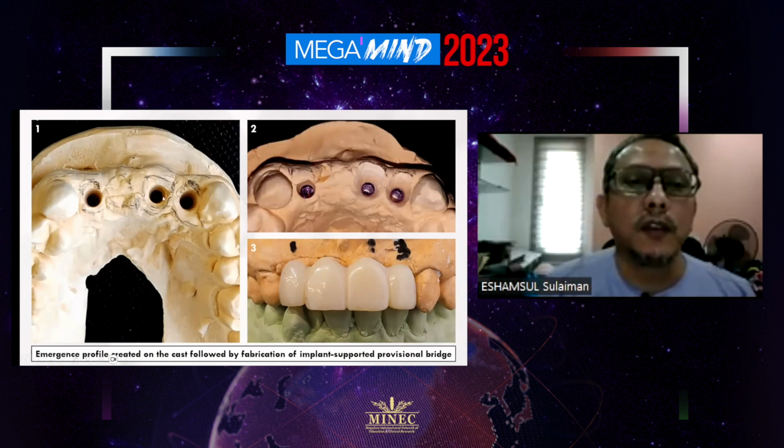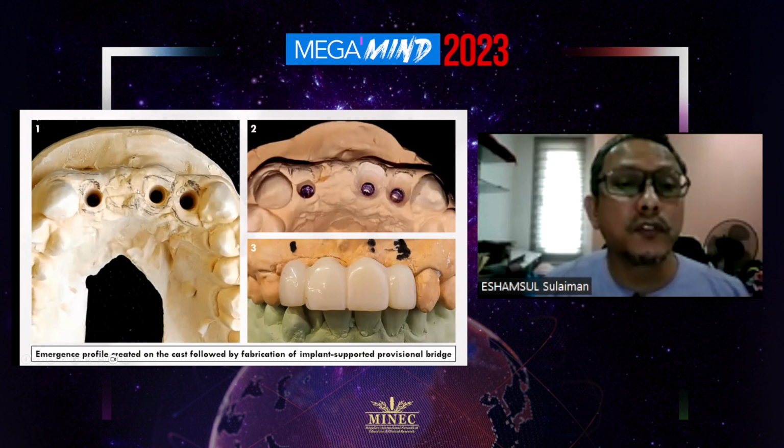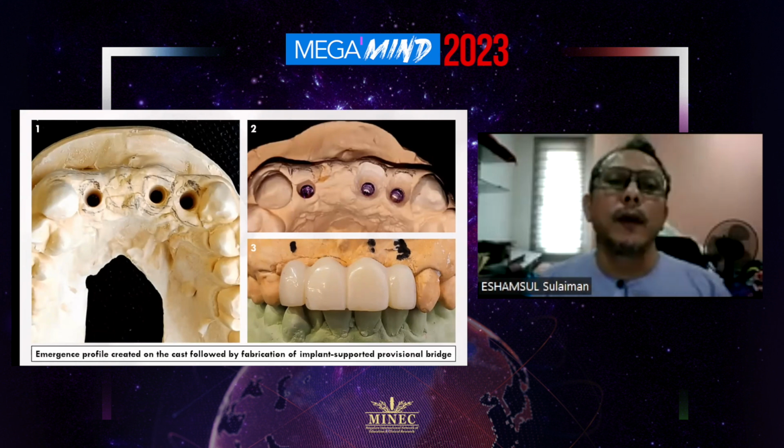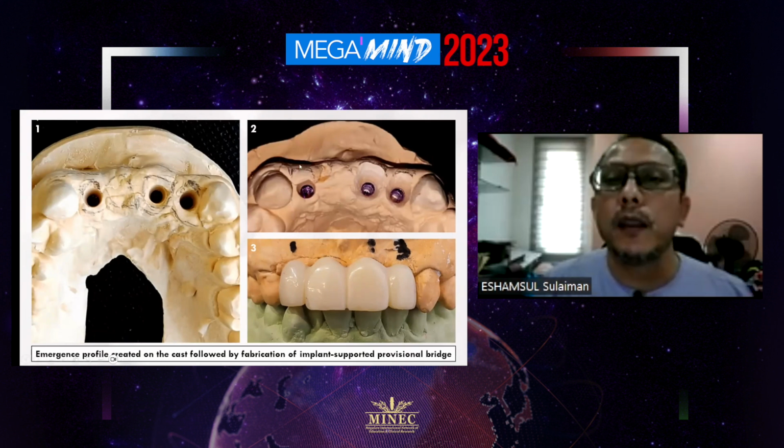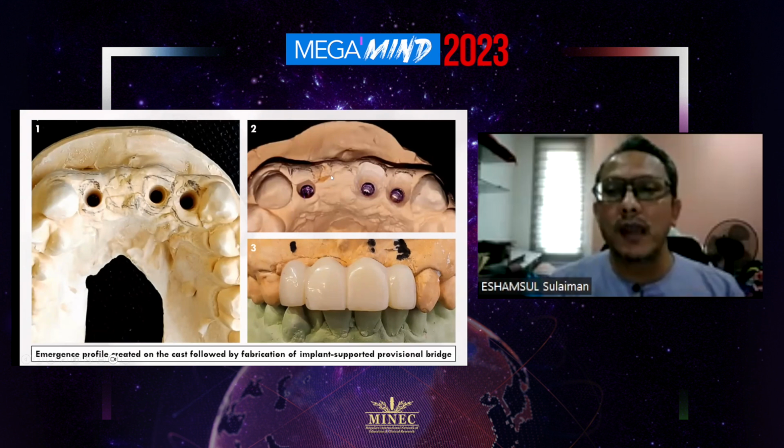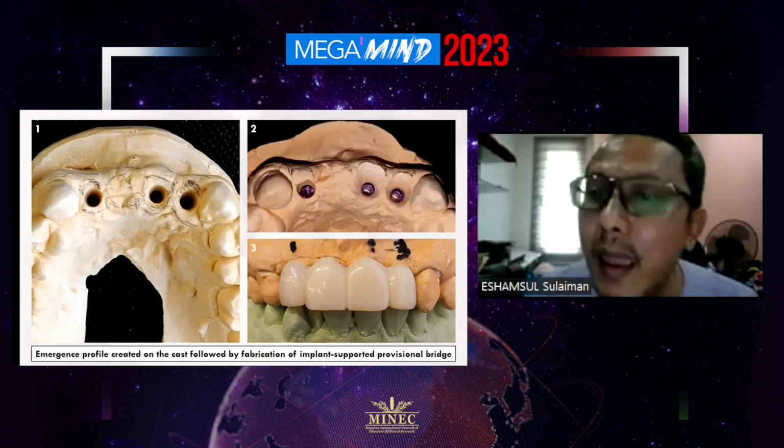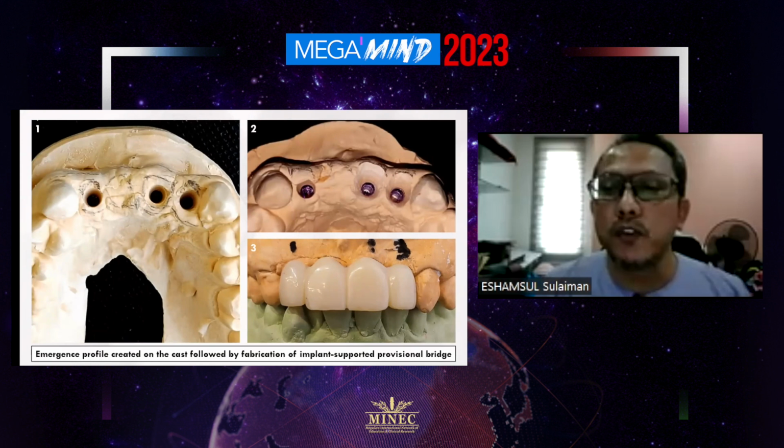Here you can see the cast following the impressions using standard impression coping around the healing abutment. And here in the pictures number 2, you can see how the cast was modified in the lab to create the emergence profile. And finally, the information was then transferred to the